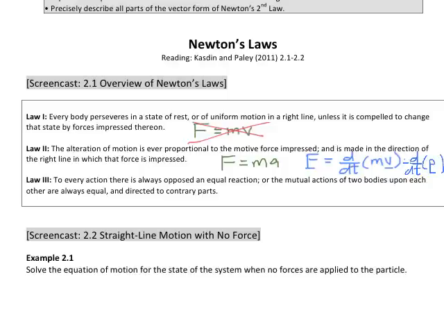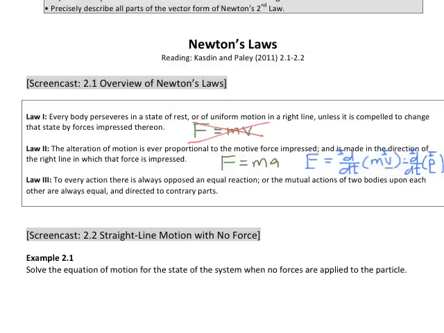And then the other important point that Newton made was the idea that we need to observe the motion from a particular reference frame. And that reference frame is an inertial reference frame. He ended up calling it fixed according to the stars. And so that means all of our time derivatives need to be observed in the inertial reference frame. So it's the time derivative with the superscript I. Our velocity is observed in that reference frame. And by default, if the velocity, which makes up momentum, is observed in the inertial reference frame, then momentum itself has to be observed in the inertial reference frame.